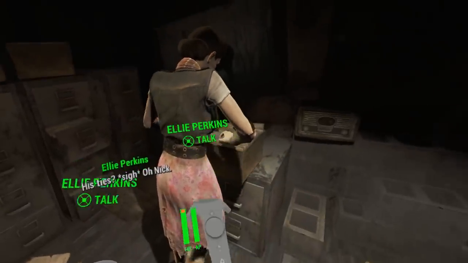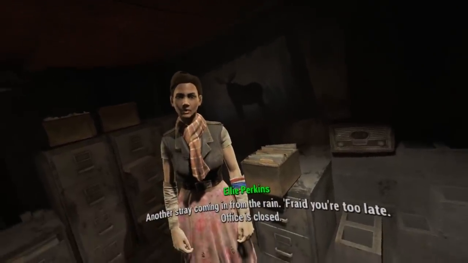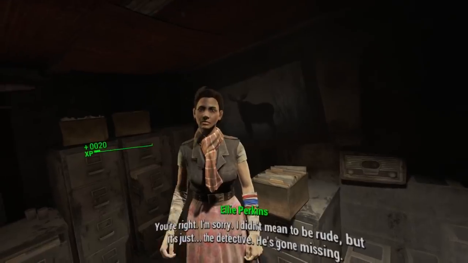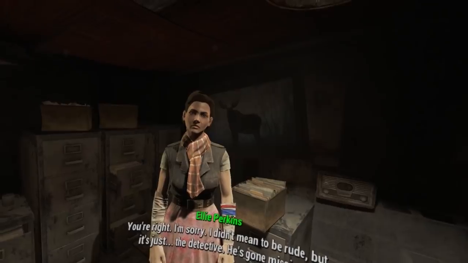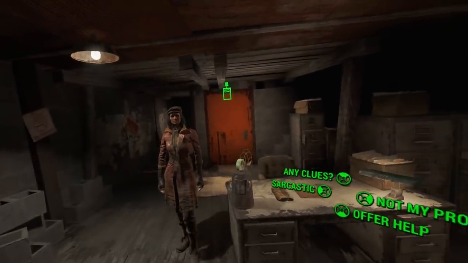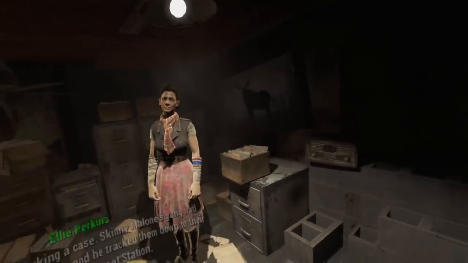His ties. Something wrong? Another stray coming in from the rain. Afraid you're too late. Office is closed. I know you must be busy, but I won't take much of your time, miss. It's important. You're right. I'm sorry. I didn't mean to be rude, but it's just... the detective... he's gone missing. Nikki's missing. Oh no, she said. Do you have any idea how I could find him? He disappeared working a case. There's...